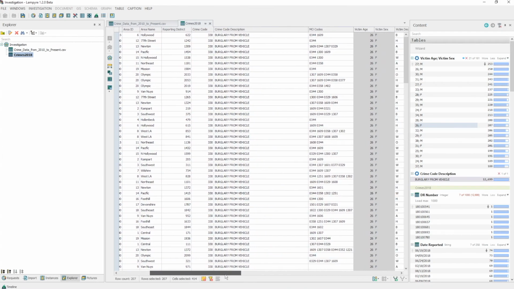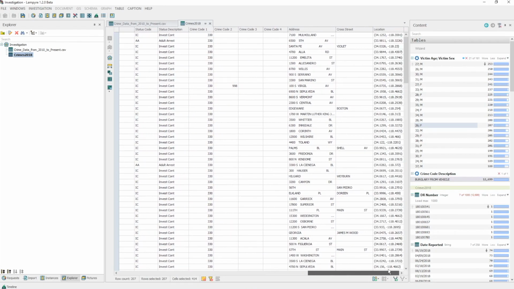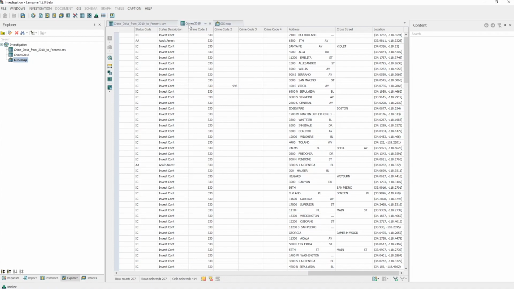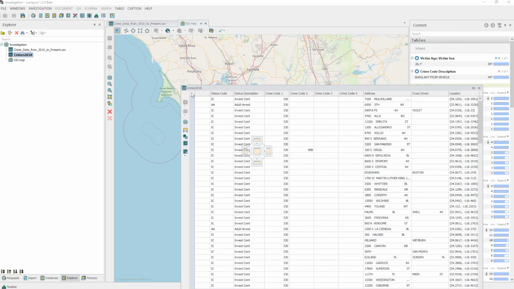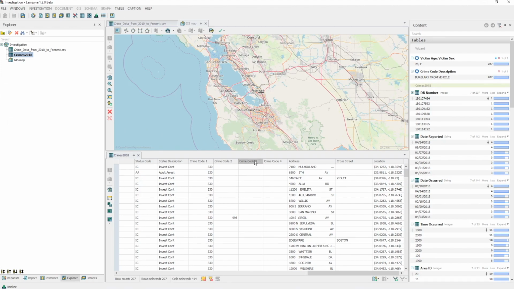If your data has coordinates, you can analyze it with the help of a map. Lampire visualizes the geolocation. We create a map by right-clicking our investigation name in the Explorer window and by choosing New GIS Map in the context menu. For our convenience, let's place our table under the map. We choose our table in the tabs here and drag it down. A pop-up menu appears, which lets you choose where to place your tab. We choose the area that we need and drop the tab.